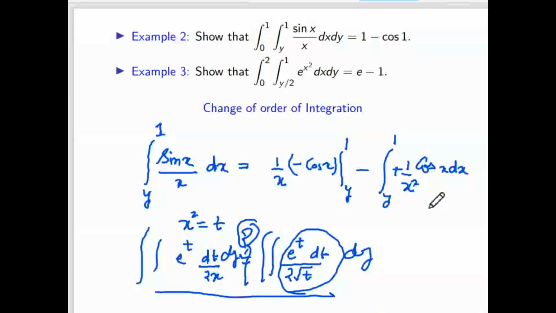And if you do the expansion and then integration, the question is whether it will converge to the actual answer or not. That means, can integration go inside the summation or not? So instead of doing those things, we'll do the change of order of integration. If you change the order of integration, it is very easy to do the integration in this case. This substitution we will come to later, how to take it. This is not equal to dt dy, even if you substitute x square equal to t. What is the exact form, we will see later.